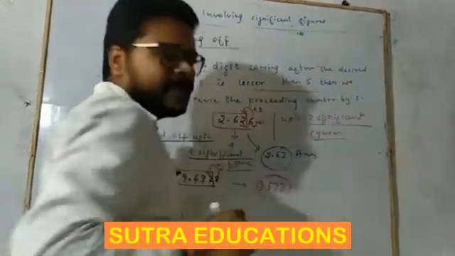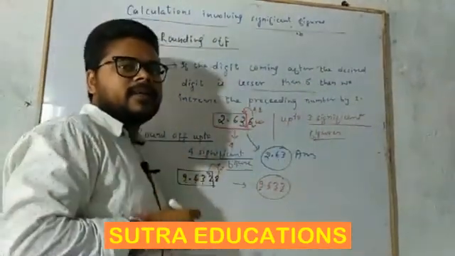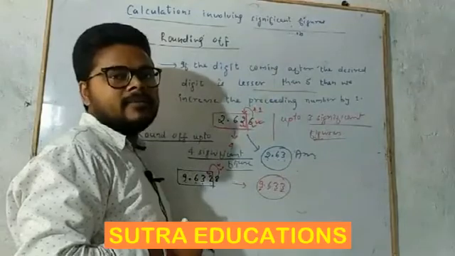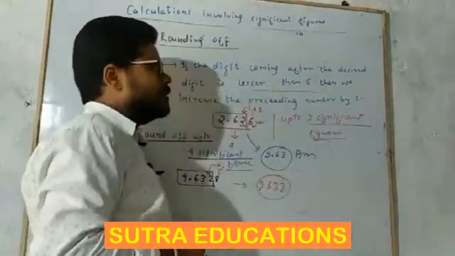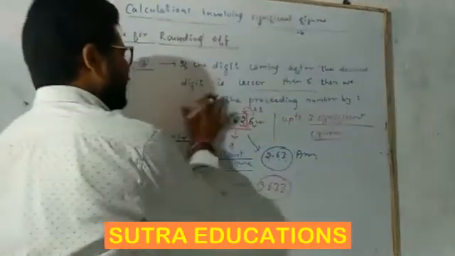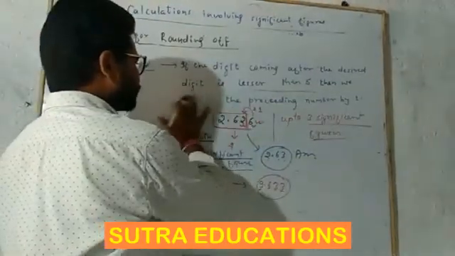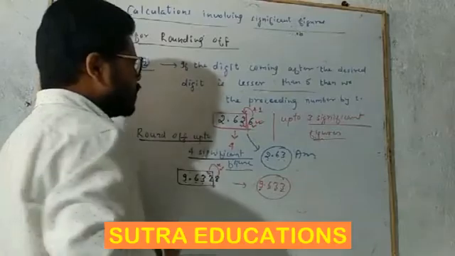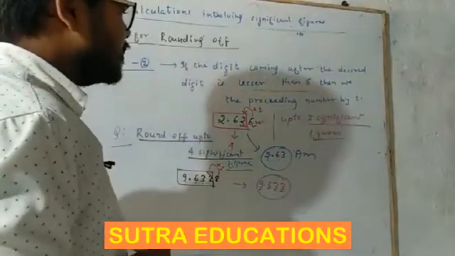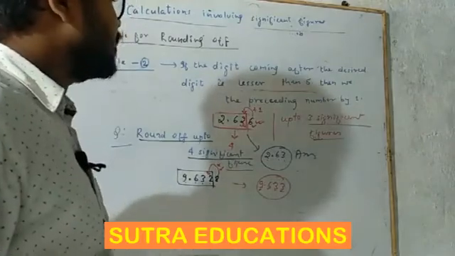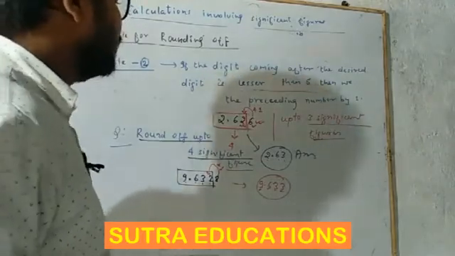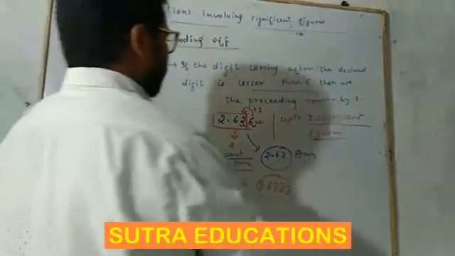Getting the difference? In the first statement I told you greater than 5, this time I am writing lesser than 5. Then this time we will simply ignore. So we write: if the digit coming after the desired digit is lesser than 5,